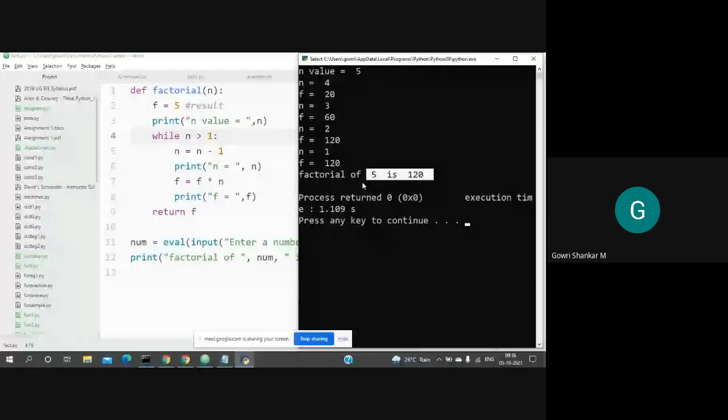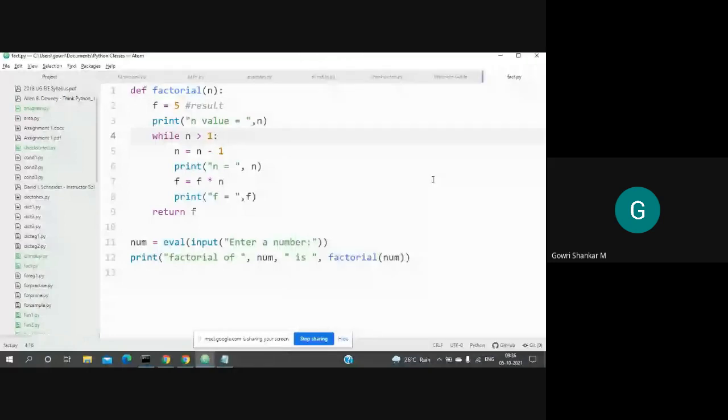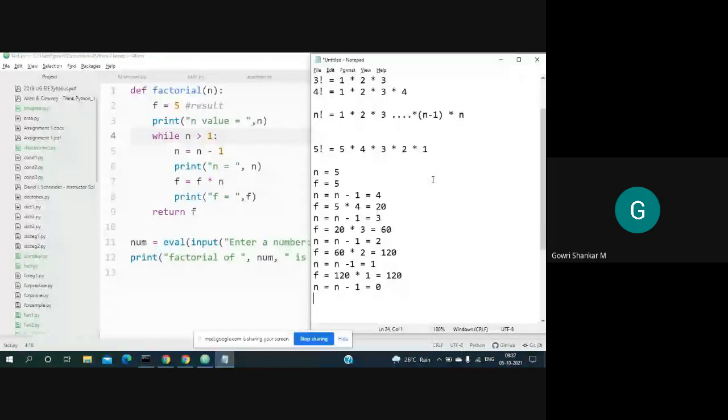The reason why we are discussing this factorial function is that there is something called recursion. In any programming language, take the C programming language, or any of the programming languages after the 1990s, almost all programming languages will have a feature called recursion. Now let us write the same program by using recursion. What do you mean by recursion? It is a recursive function, a function which is calling itself.